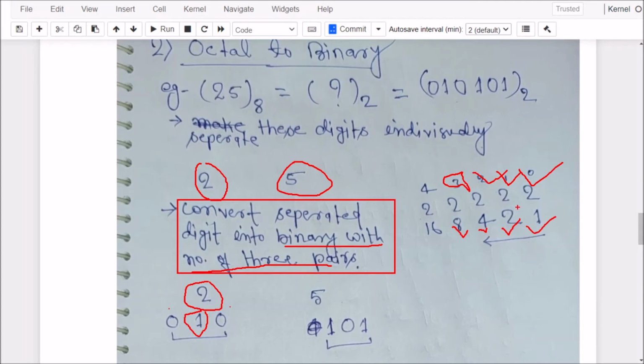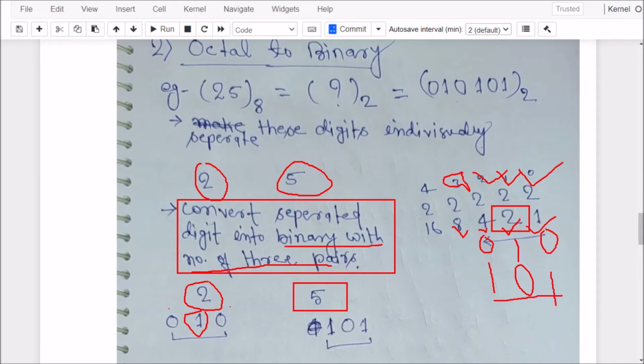So to get the 2 value, instead of 4 we should put 0 and 1 should be 0 only, and here should be 1. Means we will get the 2 value. Okay, and to get the 5 value we have to put 1 instead of 4, and then instead of 2 we have to put 0. Then instead of 1 is taken, means we have to put 1.